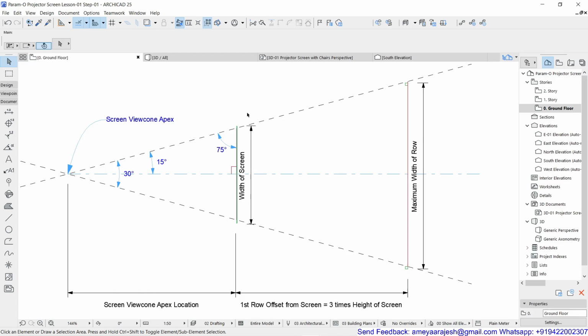So let's put all this information into Paramo so that we can arrange the required chairs with the required offset between the screen and the first row, and consequently the remaining rows can be rearranged or adjusted.